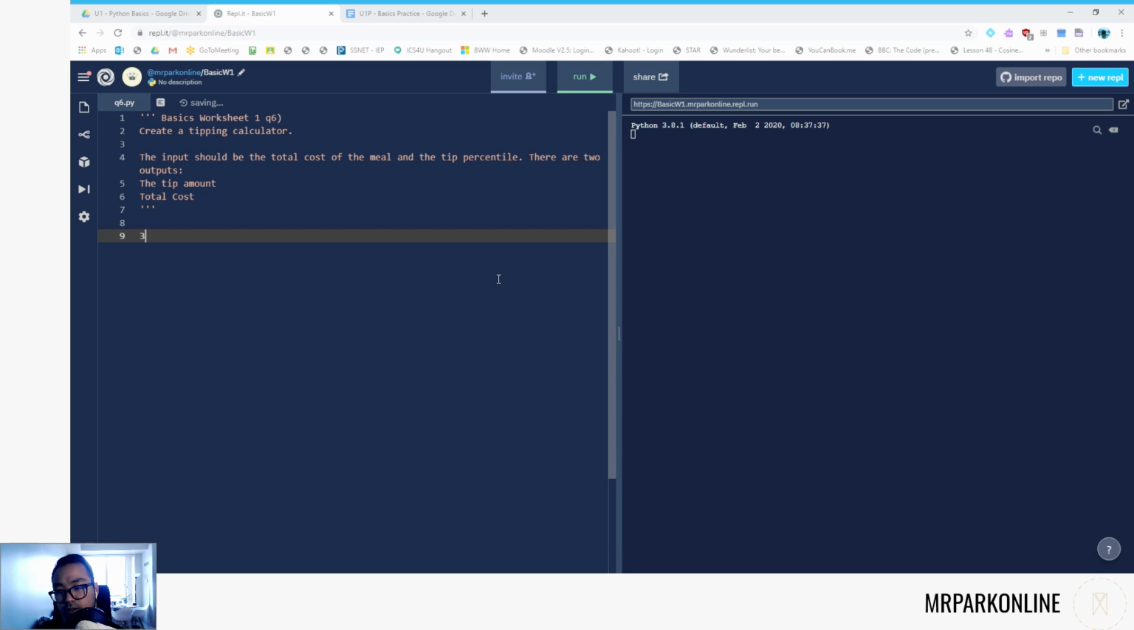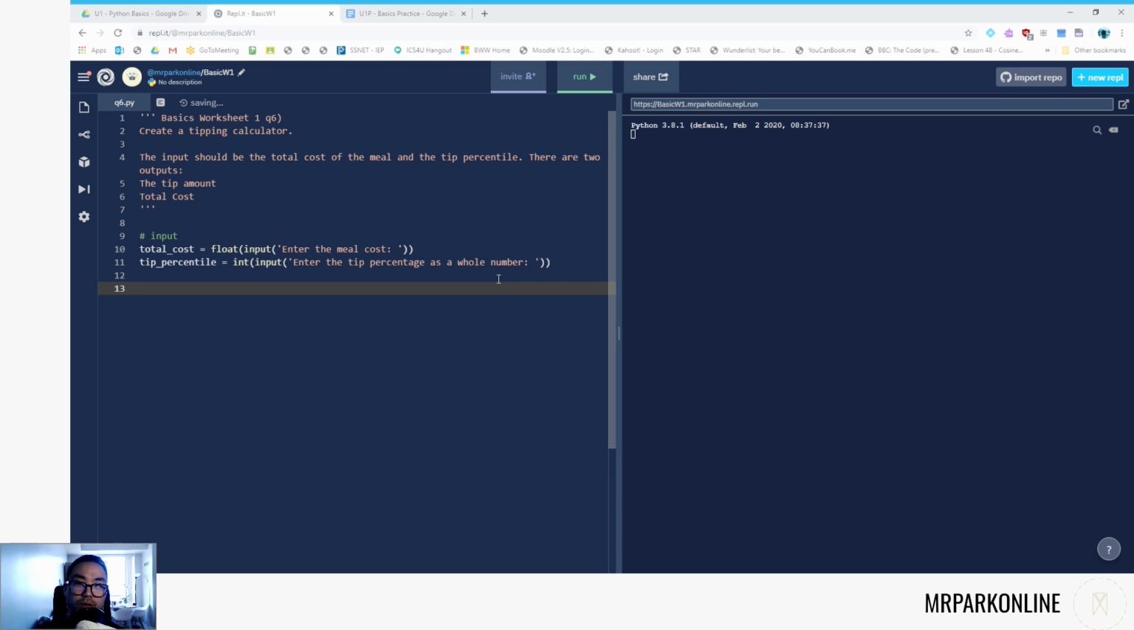Here we go. So for our inputs here, we're going to get total cost equal to float of input, "Enter the meal cost." We can't use an apostrophe there, so we're going to leave it like that. And we're going to say tip percentile is going to be equal to int input, "Enter the tip percentage as a whole number." Perfect. We have to get it as a whole number because, once again, percentages are not data types built into